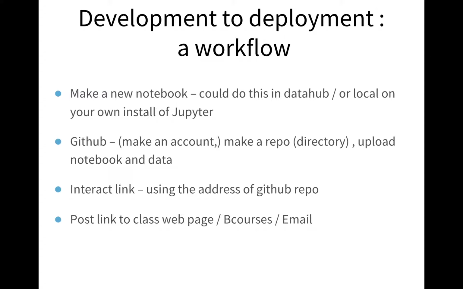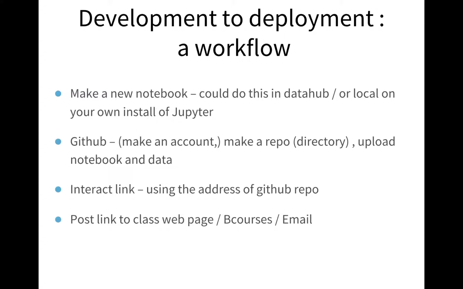On GitHub, this other place, I could put my code. Say I'd made a Jupyter notebook, I could then put that Jupyter notebook on GitHub. I could make a repo. Here's my new class repo. So I'd be like, here's the place where I'm going to put the notebook for the students to find it. Then I could make this interact link. Hey, students, go to GitHub, get a copy. And then I would send the link out to the class.